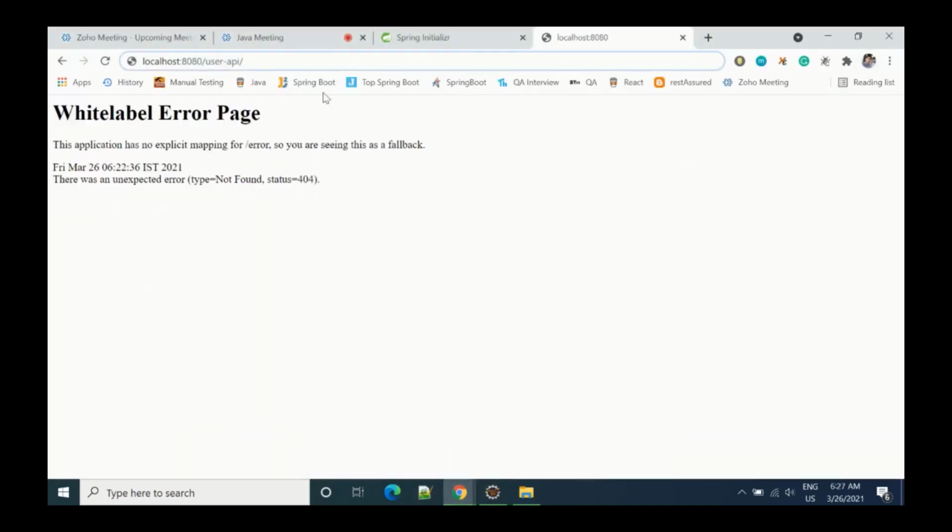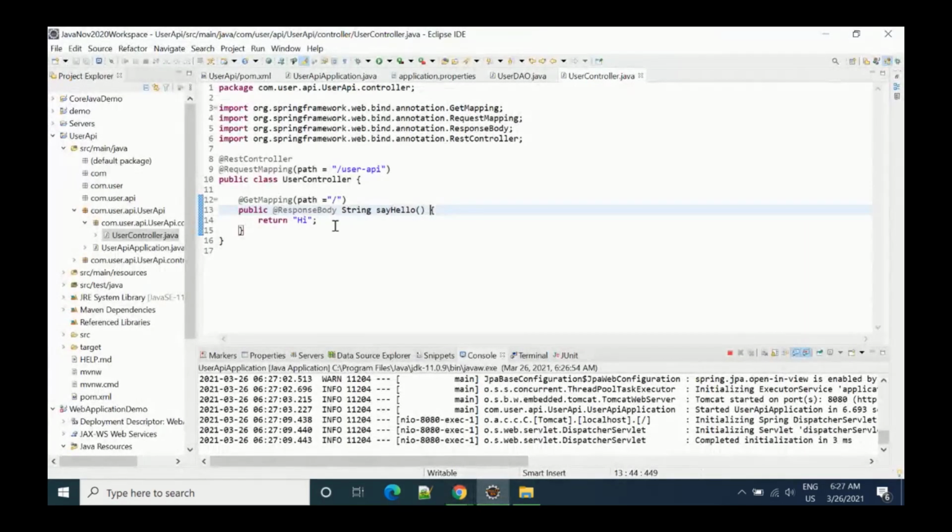Let's go here, and if I say user API slash, then you can see we are getting it. That means one API is working, the default API is working fine, right? I can see here, Welcome to User API. This message we will see whenever you hit slash.